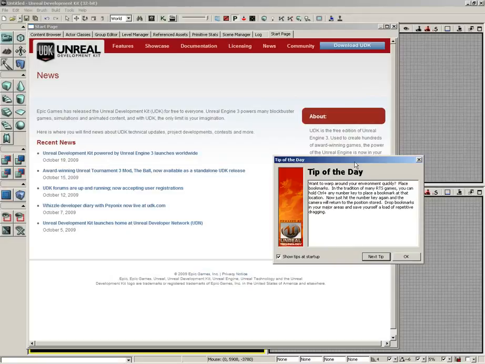Okay, let's begin with kind of a general overview of the UDK user interface. Think about this as the interface at a glance. Now, what you see in front of you is what you get when you first launch UDK. You get a little window with the tip of the day, and of course, if you don't want to wait